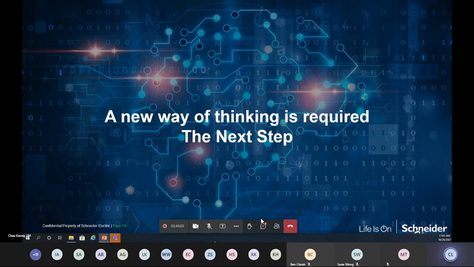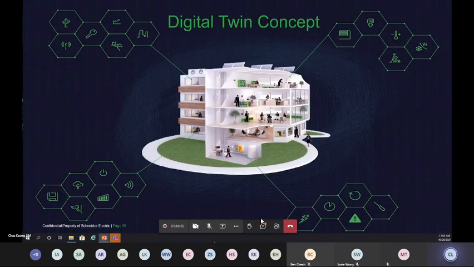But then again, we are human. No human is an island. We need to be connected. Digitization is where we are talking about the future itself. And likewise, like today, I'm from home, talking to every one of you around this region. It's through digitization. So the next step would be the digital twin concept: we are going to utilize whatever we've talked about, digitalization, digital transformation, to transfer into another realm of what we call the digital twin.